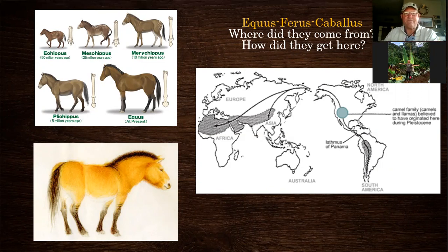It started out with like 4 toes and ended up with 1. That one toe today we call a hoof. And obviously the horse grew in size based on the illustrations you see here. Sometime about the end of the last ice age, about 12,000 years ago,